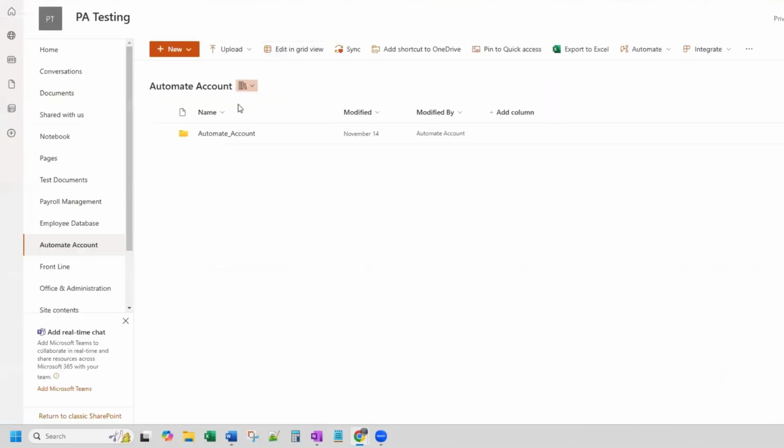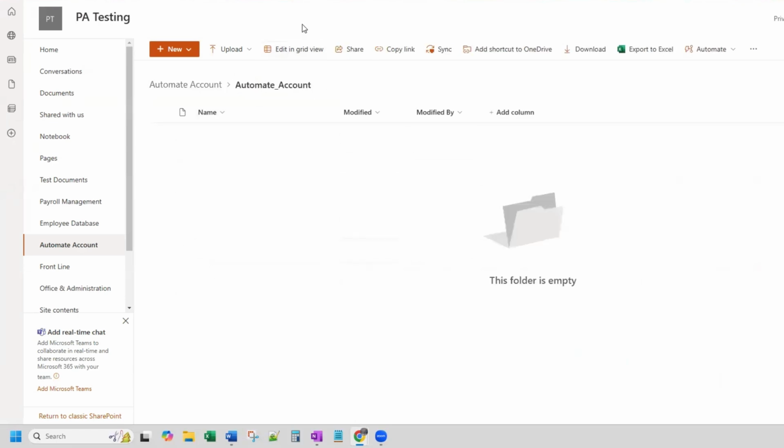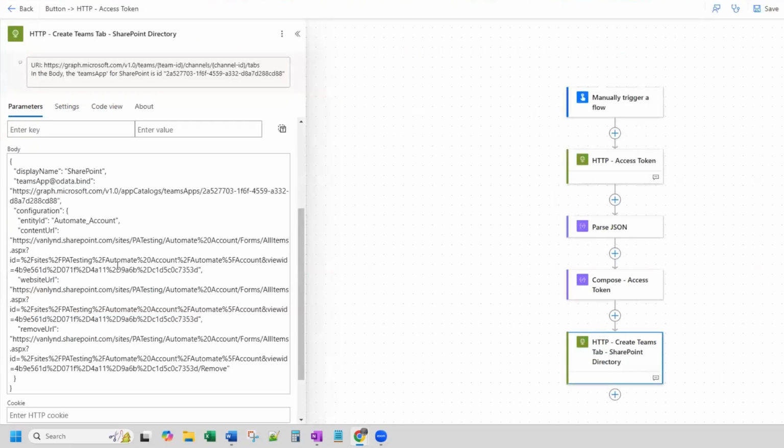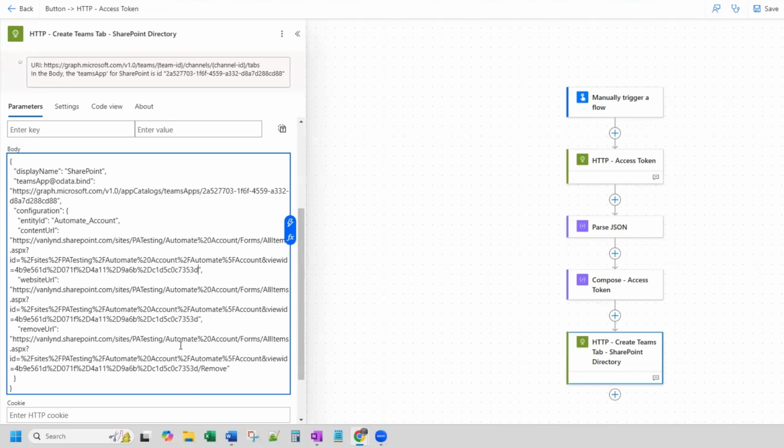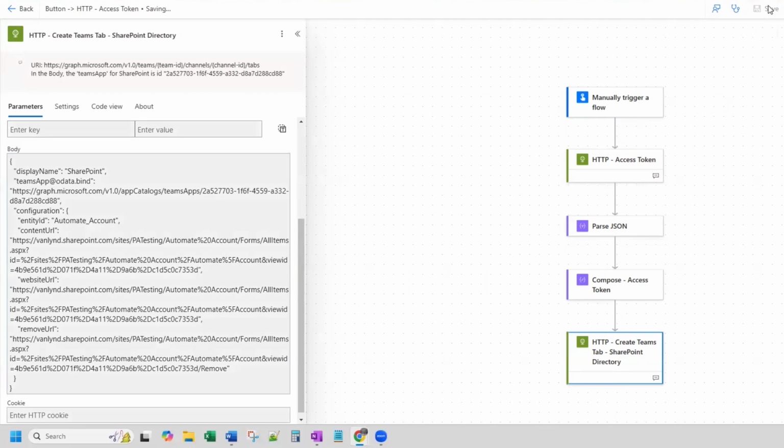So we go over to SharePoint, and what I want to link to is this folder right here. And so I'm going to grab this folder URL, and I'm going to paste it into each one between the quotes for all 3 of these. And now that I've done that, I can save